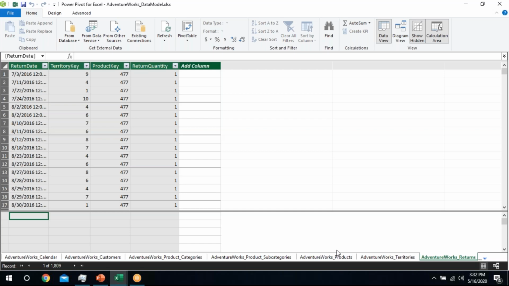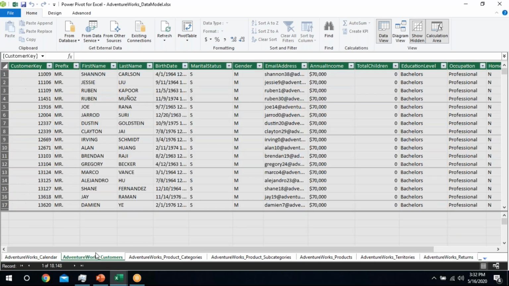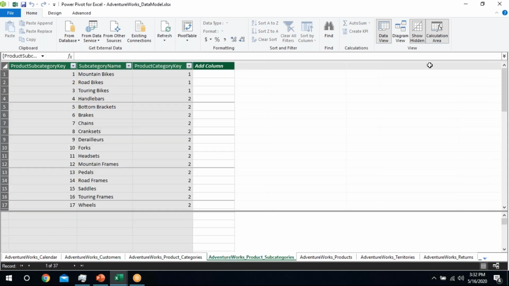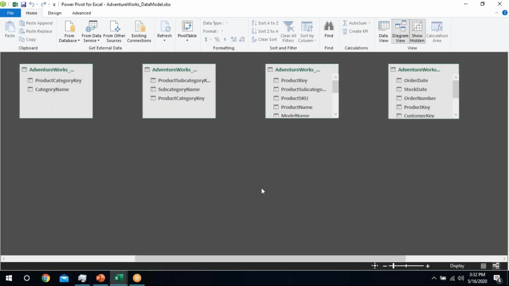We can view these records through these tabs by clicking on a tab, just like Excel. Or we can view all of these records in the diagram view. In diagram view, you can see all of these files on a canvas through which you can establish relationships.